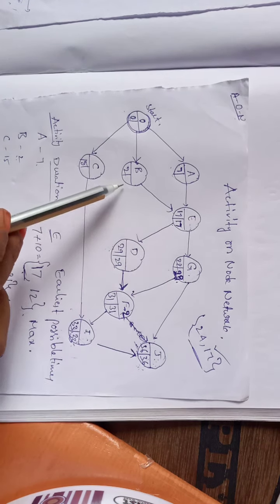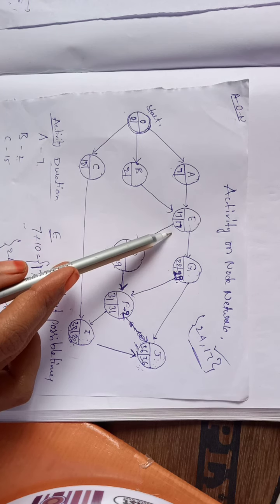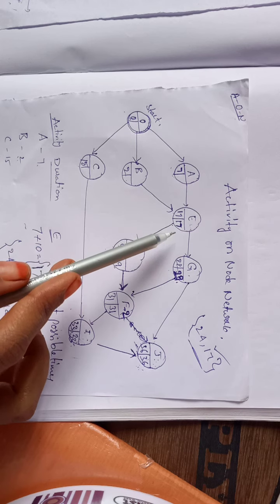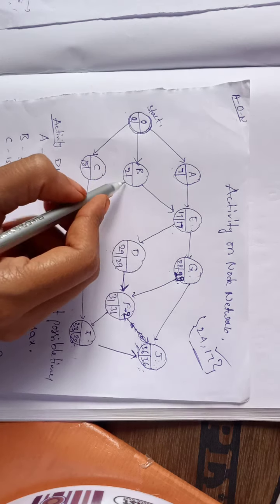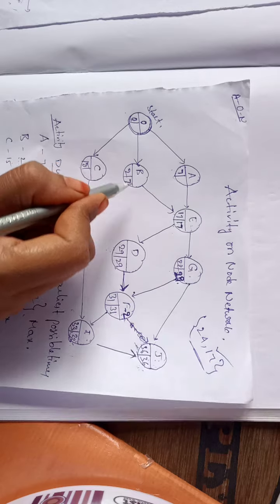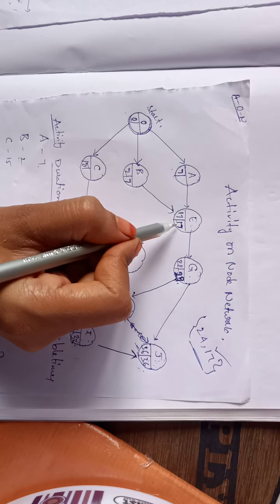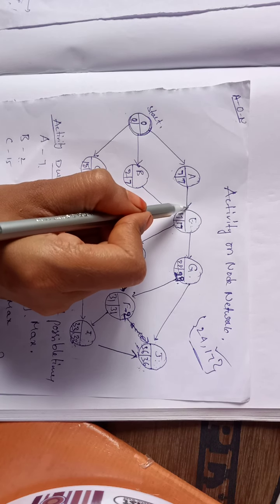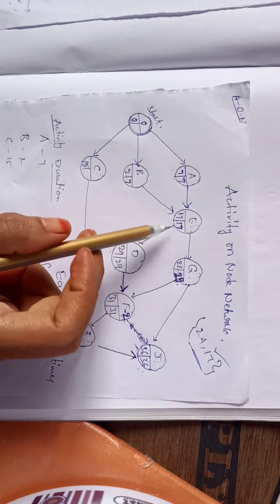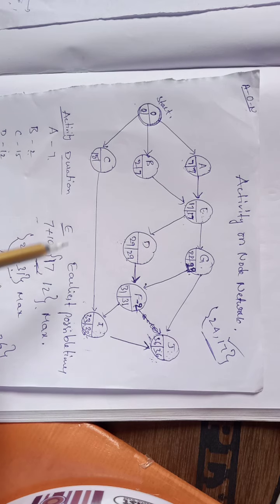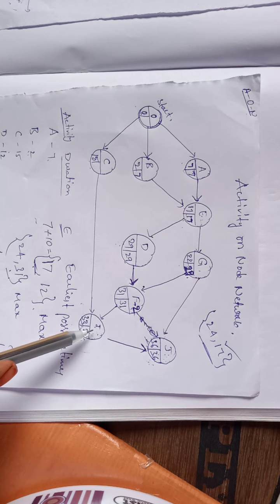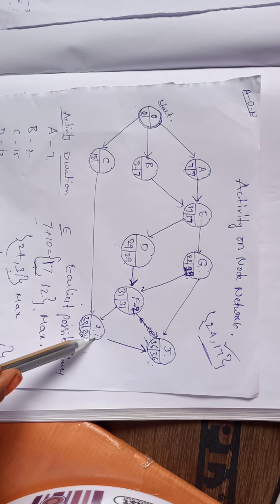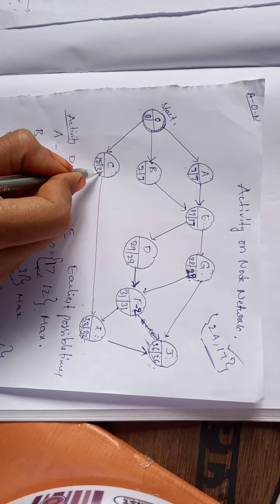And also for the next coming activity, 17 minus E value is 10, that is 7 you are getting from here. And also to here, 17 minus 10, again 7, because only one tail event is available for these activities from E. So we can directly write that. And if you see about the C, 33 minus I duration is 2. 33 minus 2 is 31. Here we are getting 31.